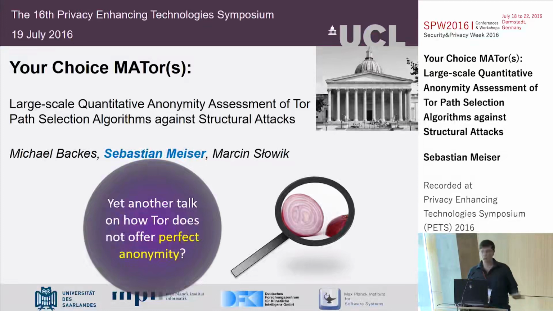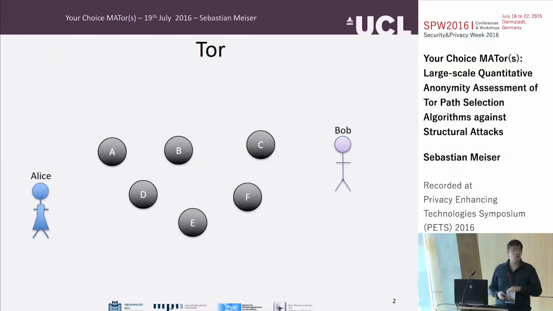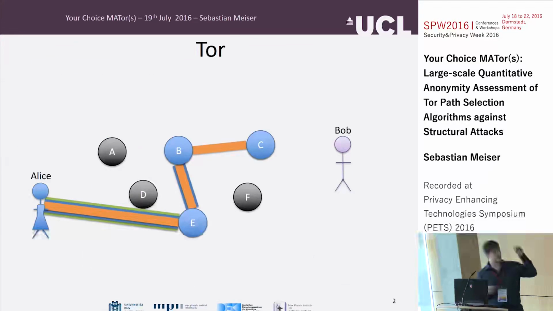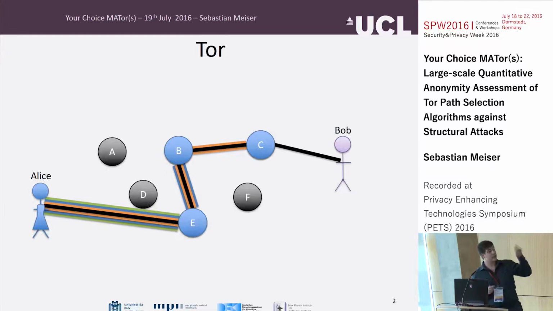All right, everyone knows Tor. You select nodes, stuff happens. I'm not going to go into detail here. The only reason I don't draw it as a black box is that the selection of these nodes is mainly the focus of this talk. So we want to analyze Tor and the path selection strategies for Tor, namely the probabilities for these nodes E, B, and C to be chosen, and look at how that influences adversarial success.